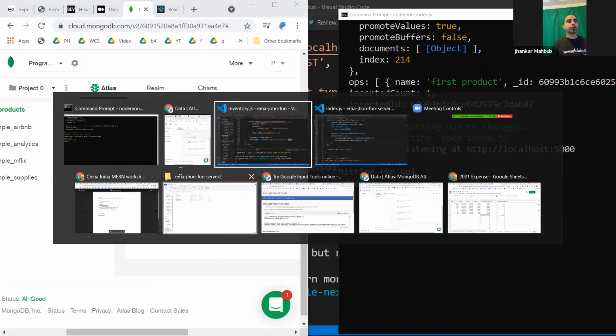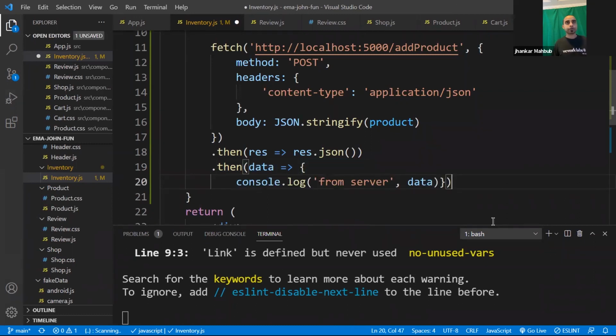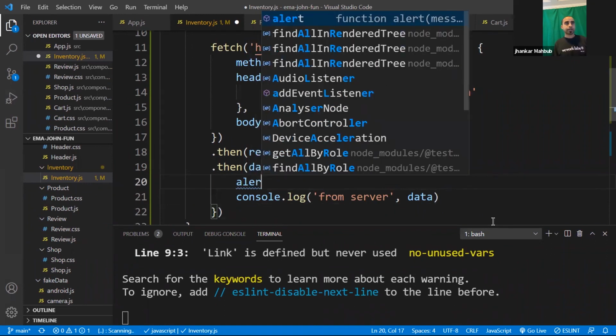So let's do a little bit of UI work here. I said from server true, and instead of this, if you want, you can keep it, but we create something multi-line so that we can do some other stuff. The first thing we can do is give some confirmation dialog, kind of like an alert.